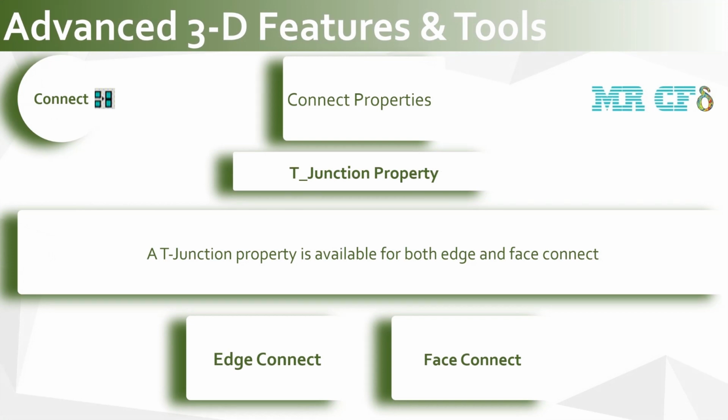For edge connect, T-junction property may be applicable when edge and vertices collected from the selected edge are within the user-specified tolerance of the interior of one or more of the selected edges. T-junctions won't be detected when this property has a value of off. If this property has a value of interpolated, then an average location will be taken from the set of coincident vertices that are within tolerance of an edge interior and from the projection of this average location onto the edge